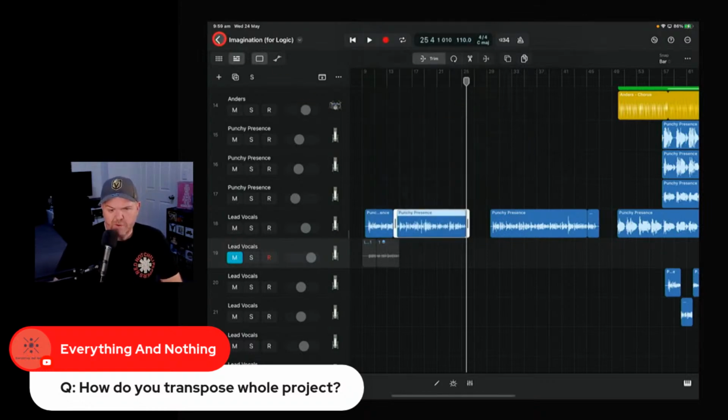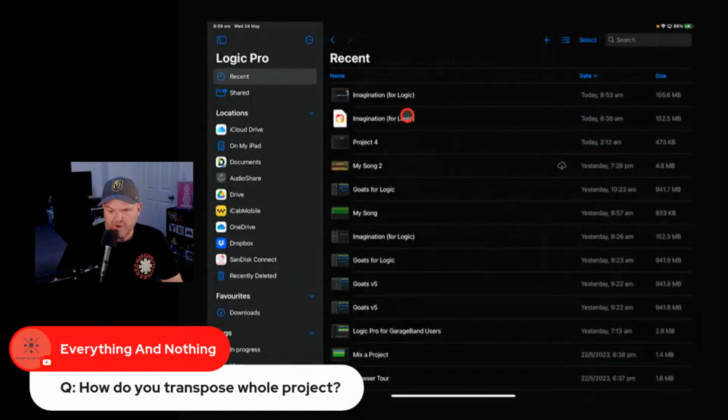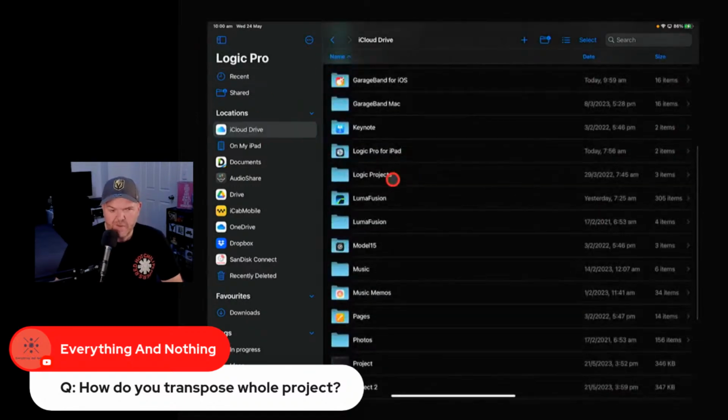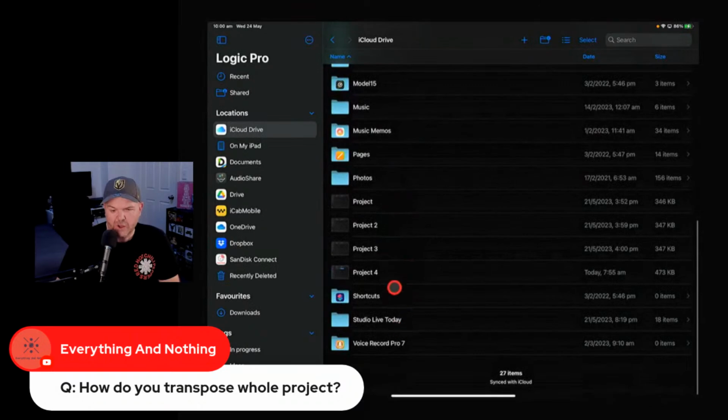I think I've ruined this project just quietly. I think I have to come out and open this other version from earlier in the day, otherwise it's going to cause problems. Let's move to a different project. We've spent a lot of time in that project. Let's open up a bit of a punk song, shall we?